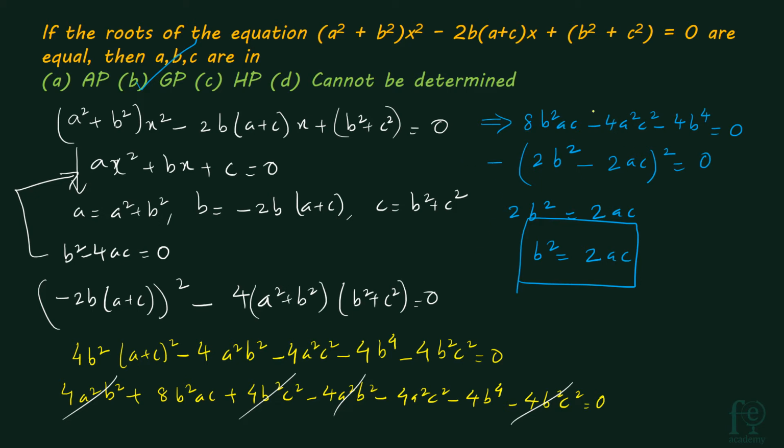So once you get this form, you should be able to identify what is a, b, and you have to write it in a meaningful way. a square minus 2ab plus b square is equal to 0, or a square plus 2ab plus b square is equal to 0. In some way it will come. So you have to express it and then derive a form like this. So from there you will be getting a, b, c are in AP, GP or HP.